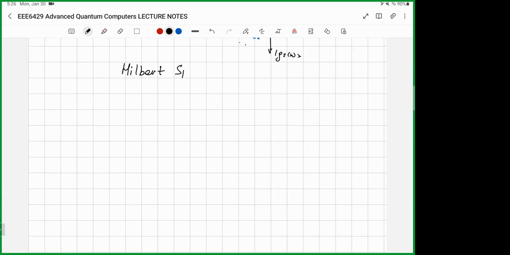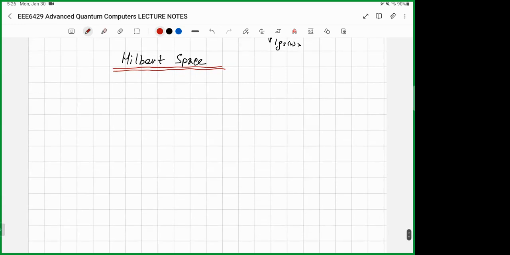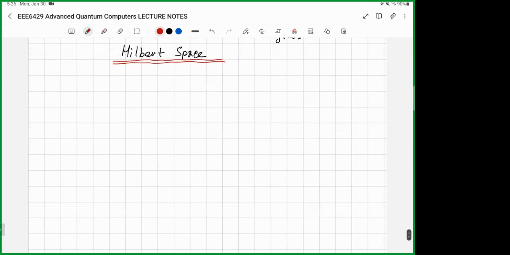Hilbert space. So this is an important concept because all our quantum mechanics, quantum information theory, everything basically happens in this Hilbert space. So we introduce this Hilbert space as a, I mean, there is a very rigorous mathematical definition